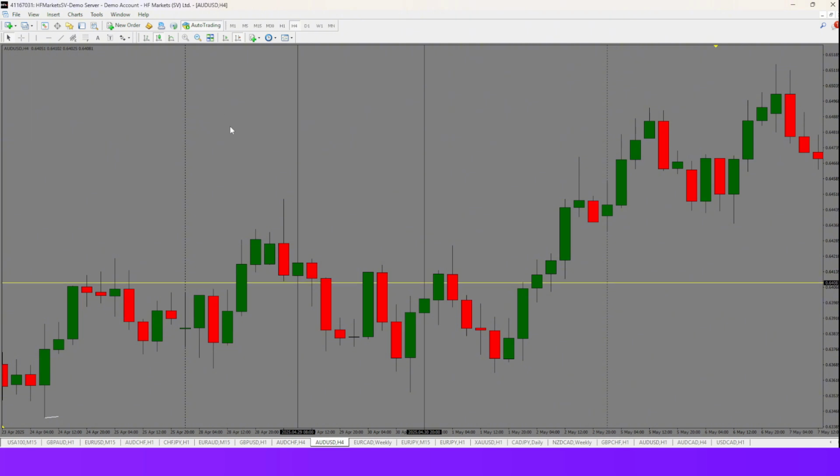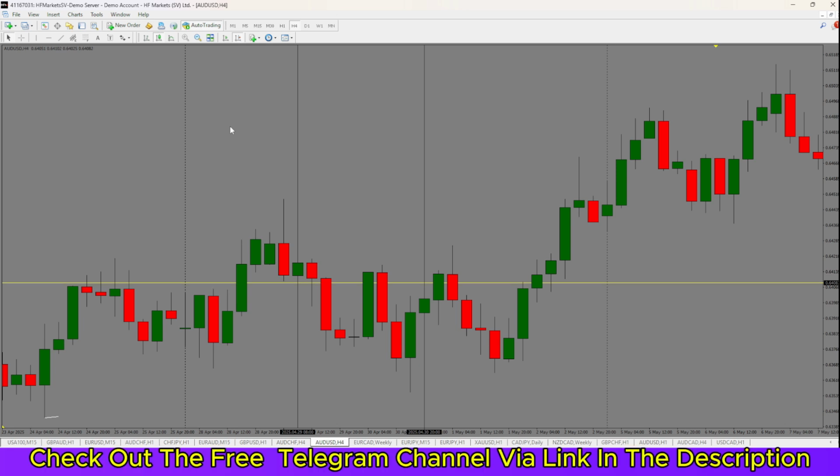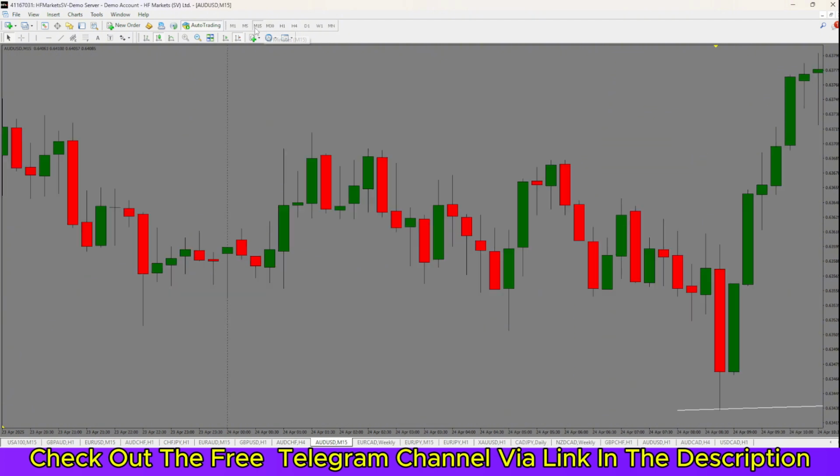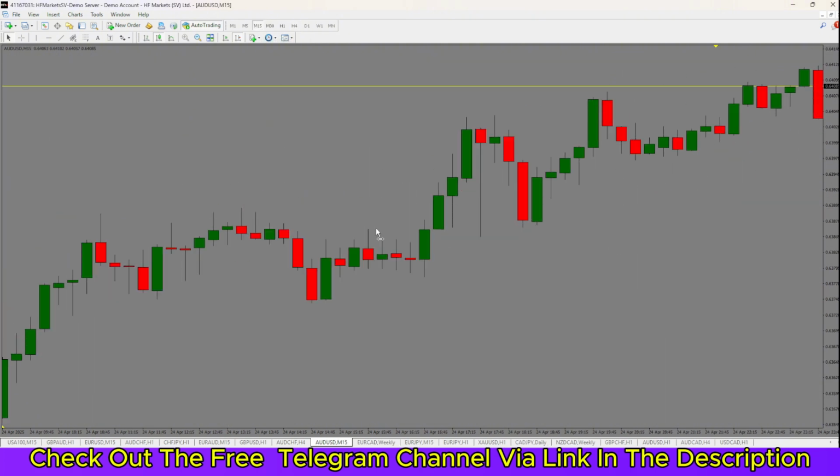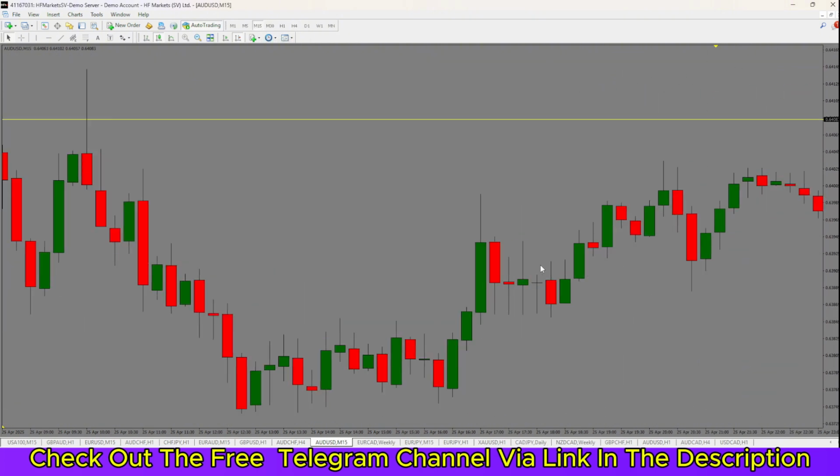After you have seen a shift candle on the H4, the next step is to go on the lower time frame, and preferably it will be an M15 time frame. On that lower time frame, what we want to see is basically a retest of the last low or last high that has been issued within or inside the shift candle. So in this particular case,